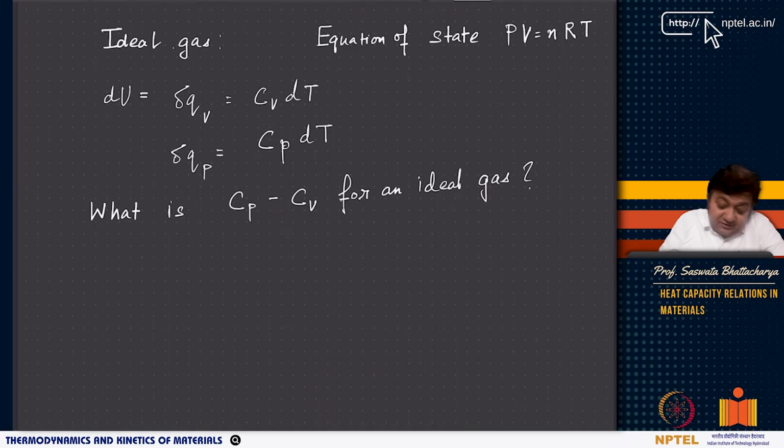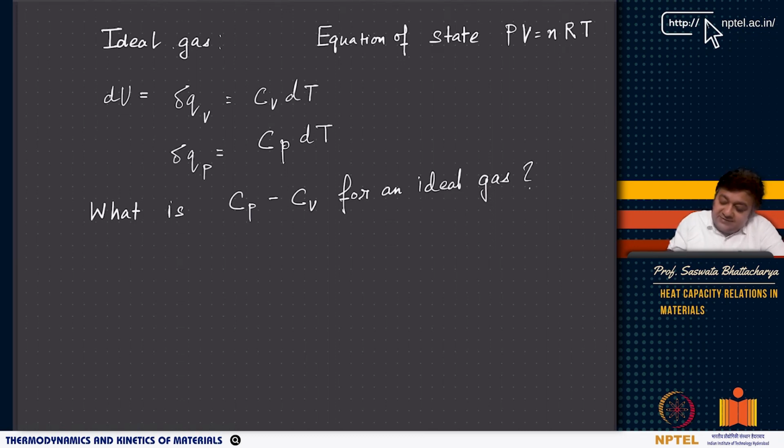In the previous lecture we introduced heat capacity, and we said that there are two types: heat capacity at constant volume and heat capacity at constant pressure. So Cv is heat capacity at constant volume, Cp is heat capacity at constant pressure. We introduced the concept of enthalpy, and we ended by asking what will be Cp minus Cv, the difference between heat capacity at constant pressure and at constant volume